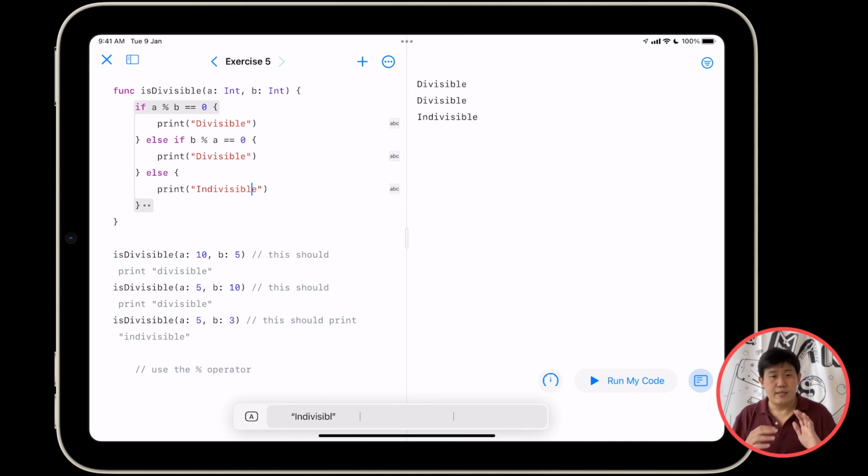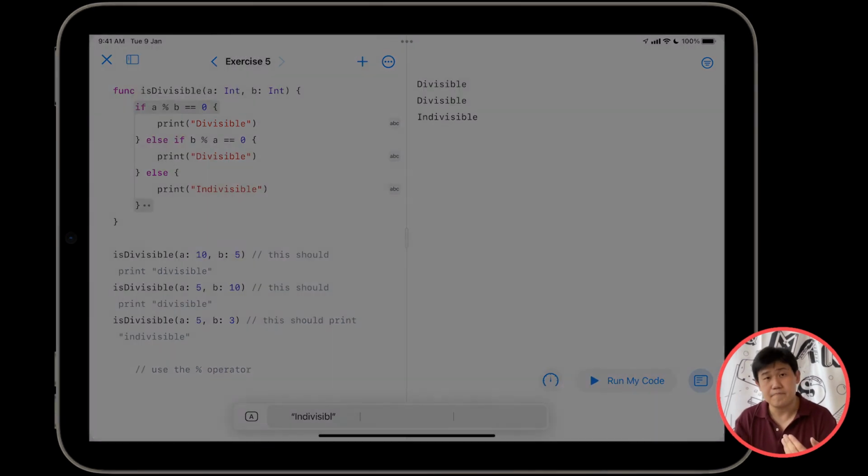Okay, that's it for our intro to Swift. That should be enough Swift concepts to get us covered through the next SwiftUI project. There are quite a few things we haven't covered, and some of you coming from other programming languages might be familiar with some of these concepts like loops and arrays and functions that return values. Not to worry, we might get around to some of these in a future video, but this should be enough for us to get going.